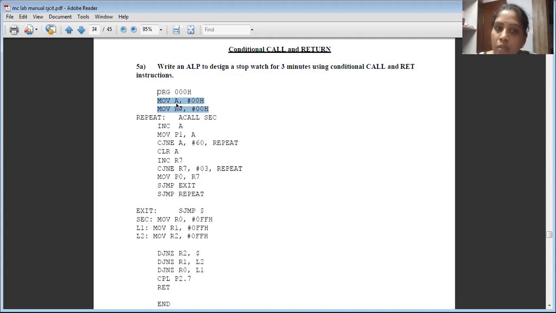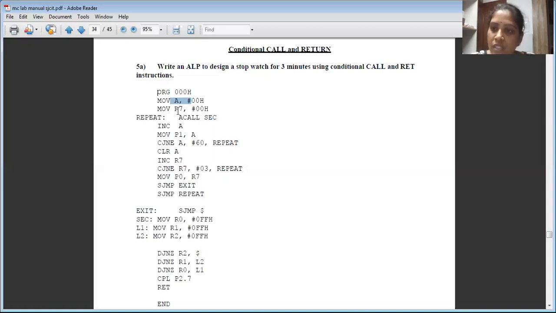We have written the program for a stopwatch for 3 minutes, and each minute consists of 60 seconds. So let us split it up like this. For counting minutes, we'll use one register among these two, and since each minute consists of 60 seconds, to count the seconds we'll use another register. So A, the accumulator, is used to keep track of seconds, and R7 is used to keep track of minutes.